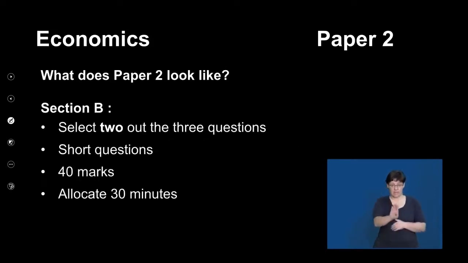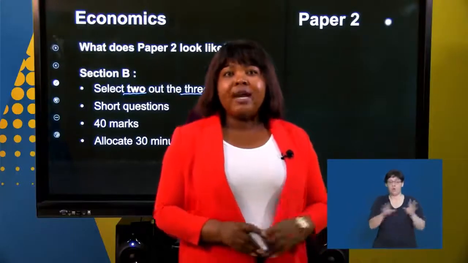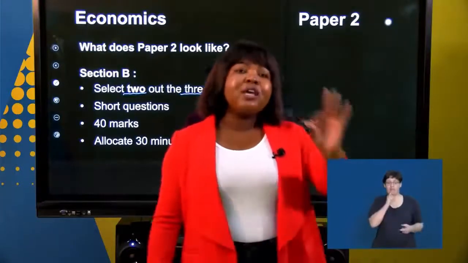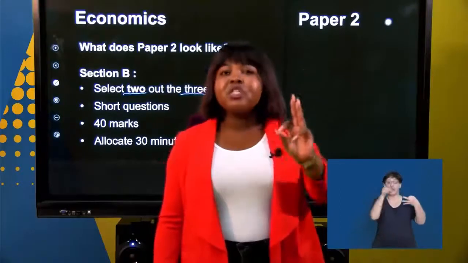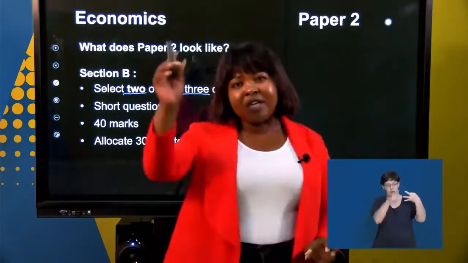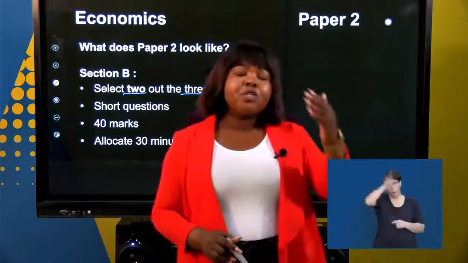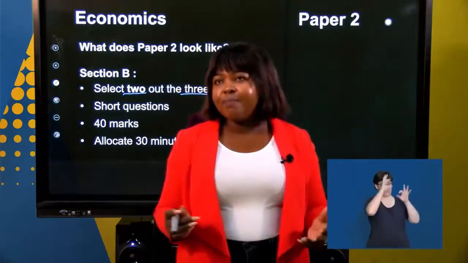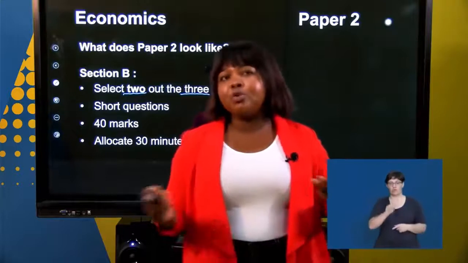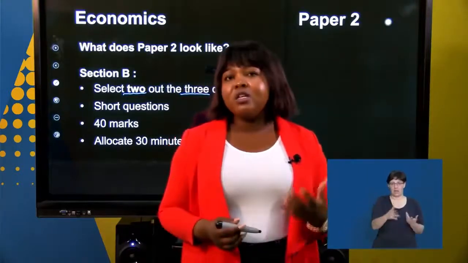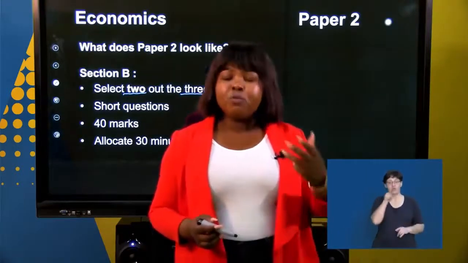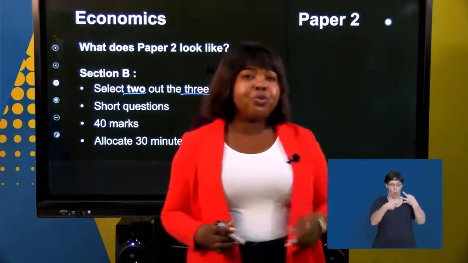As we continue with our section B, like I've already said to you, boys and girls, there are 2 questions that you have to answer there out of the 3 that are given. Please note, the marker is not allowed to choose a question for you. If you answer all 3 questions, the first 2 questions are the ones that are going to be marked. The last one is going to be scratched out. So don't write all 3 questions and leave it to the marker, just in case you did better in your question 2 and your question 4, and you didn't do equally well in your question 3. So you need to be able to make the choice for yourself, because only the first 2 questions are going